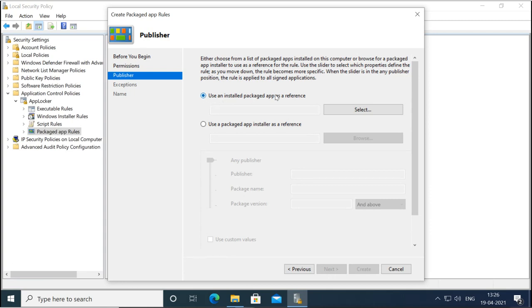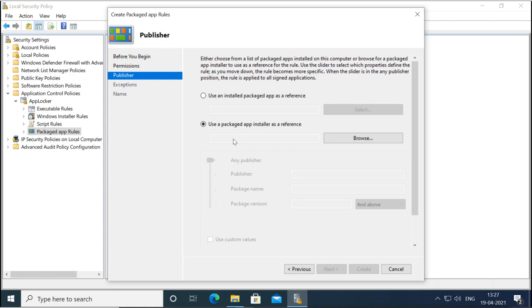Then next, here it is asking you to use an installed package app as a reference or use a packaged app installer as a reference. If your software is installed, then you can select this. Or if your software is not installed and you want to make the rule for the installer, then you select the installer of this packaged app, which is .appx.